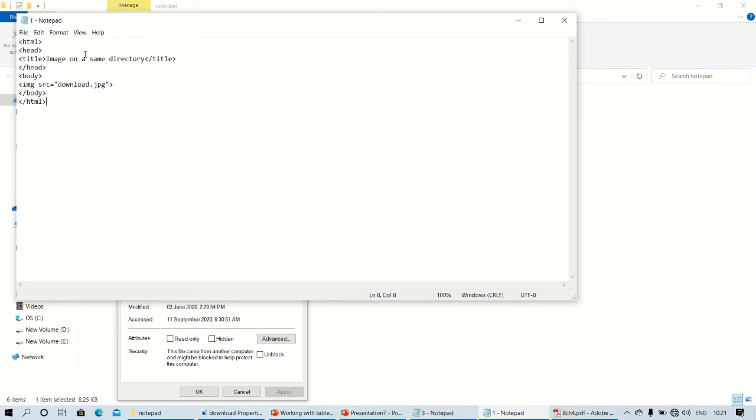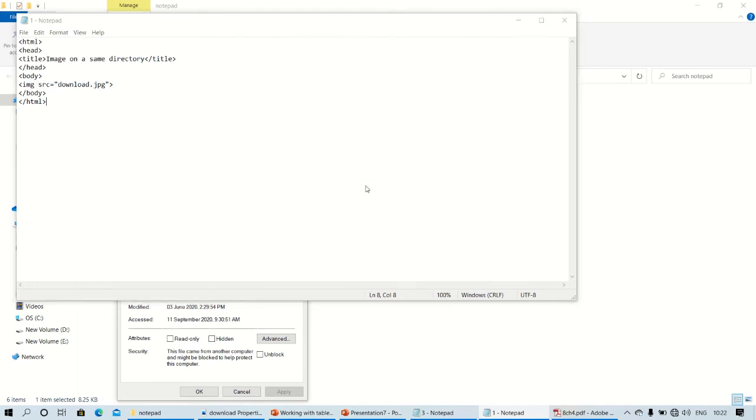Since I am doing it in the same directory, I don't need to write the location name here. But if you are using a subdirectory or a location name, as shown in the chapter, then you have to follow this particular step. So this is the first example. I am not pasting the location name here, so dot jpg, and then go to the file section, then click on save as or save.